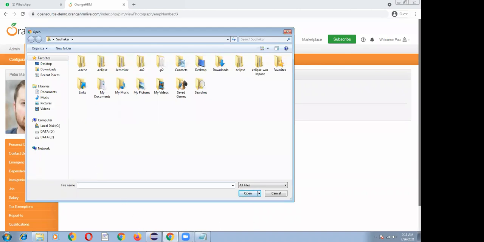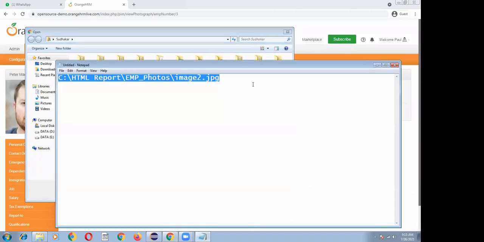Whenever any file upload scenario happens, we have to perform 3 steps. One is we have to save the file path.